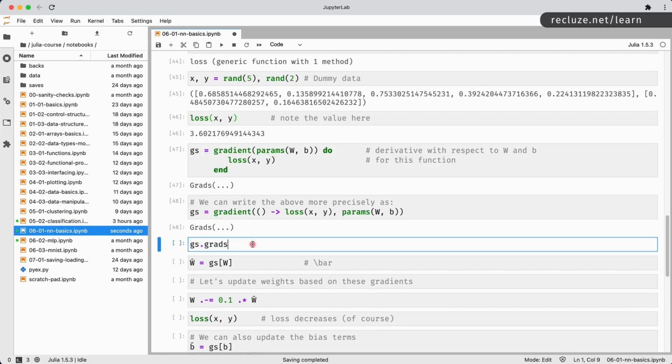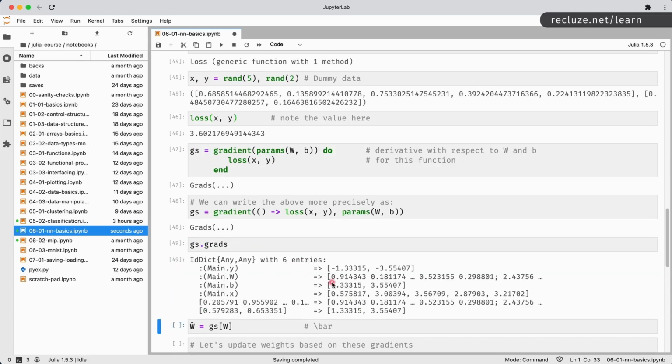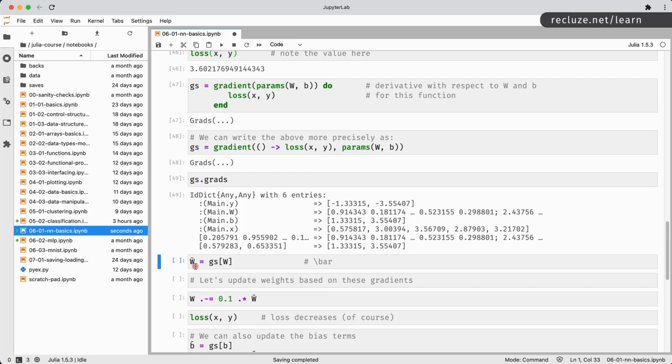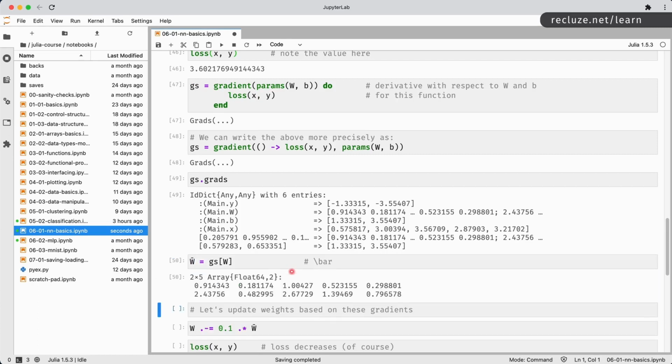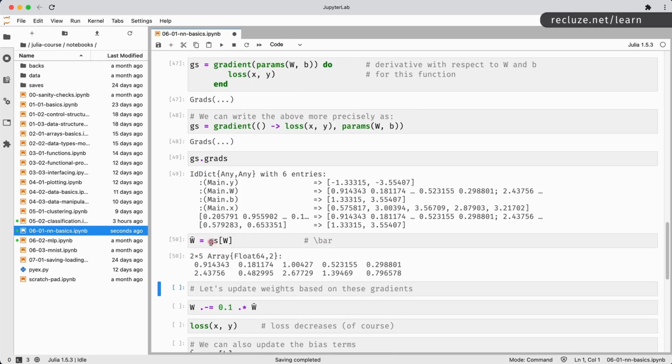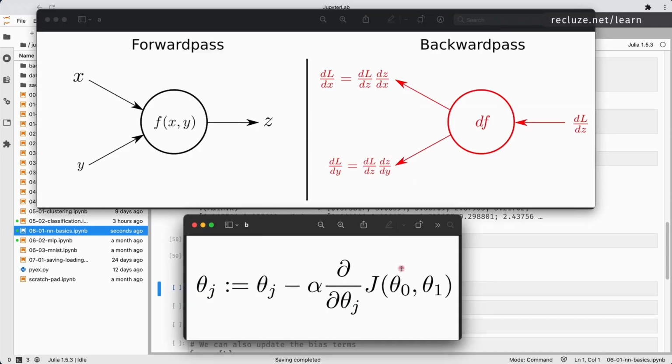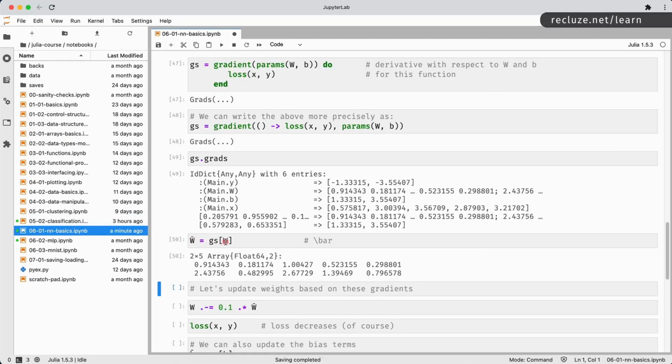Okay. Now we can say gs.grads and you get this big whole mess. But the point is we can say the derivatives for w are gs of w. So this is through slash bar. Now we have the gs of w. This is this guy over here. So the derivative of the loss function with respect to this particular weight, that is in w hat over here or w bar.